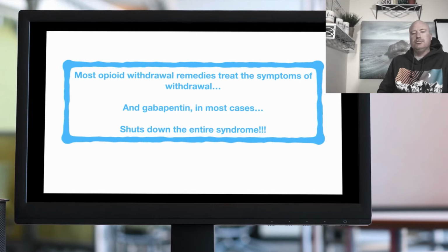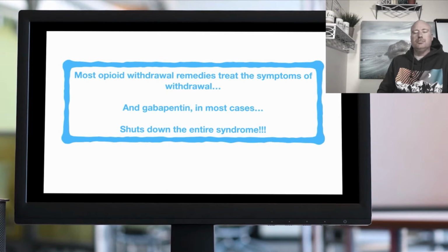So this is something that I tell my coaching clients. Most opioid withdrawal remedies treat the symptoms of withdrawal, the symptoms. And gabapentin, in most cases, not all but most, shuts down the entire syndrome. What does that mean? Well,